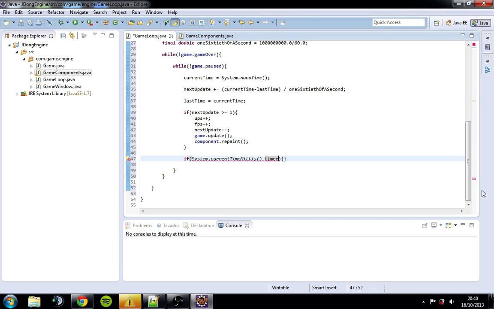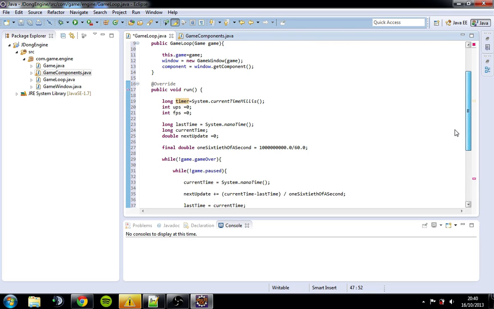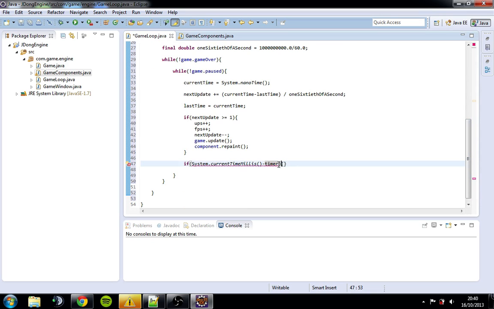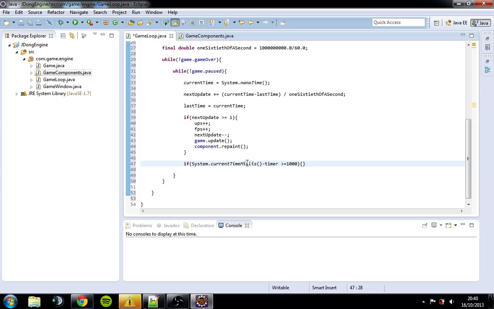The timer, as you can see, is set up here to the current time millis as well. So if that is greater or equal to 1000, and 1000 is 1 second, okay? Because we're dealing with milliseconds now. So the section up here is nano. Down here we're dealing with milli again, 10 to the 3. So we want to say the timer is equal to